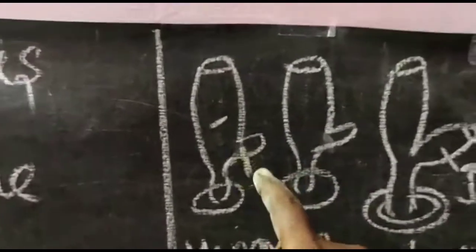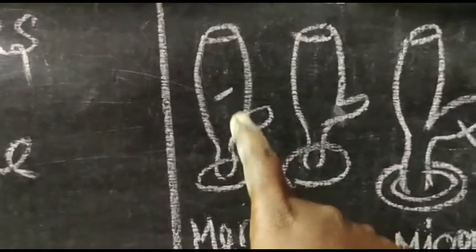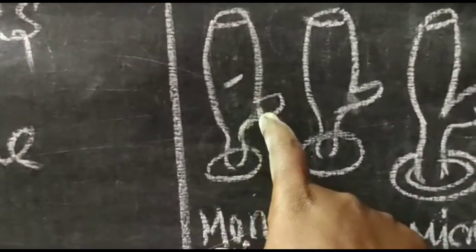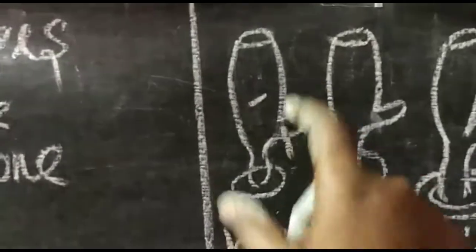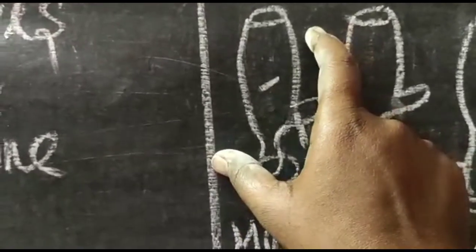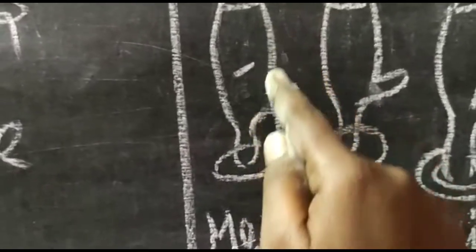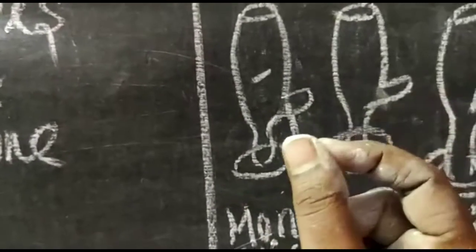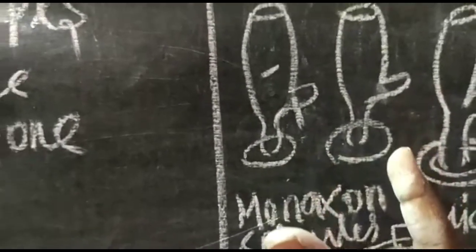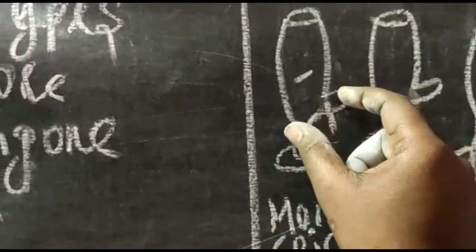Here is how the parent body produces a young one in Hydra. When food is plentiful, the ectoderm cells increase to form a small elevation on the body surface. The ectoderm is the outer surface, so the cells of the outer surface increase in number and form a small elevation.